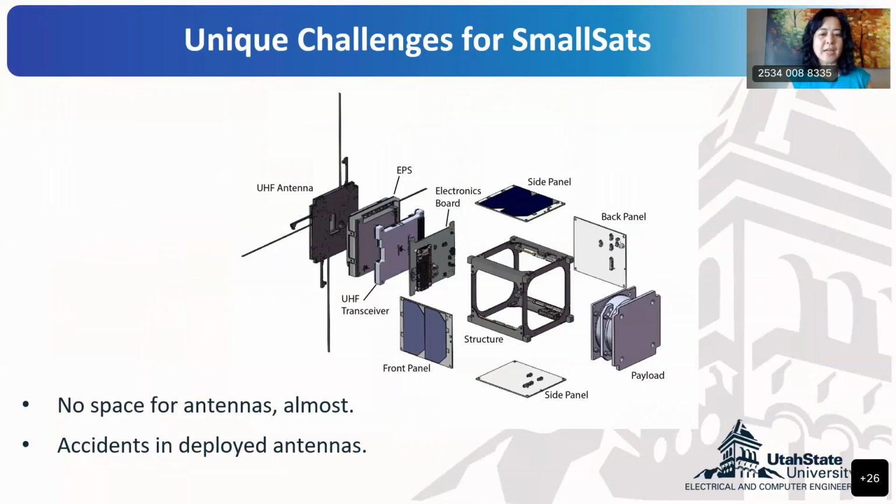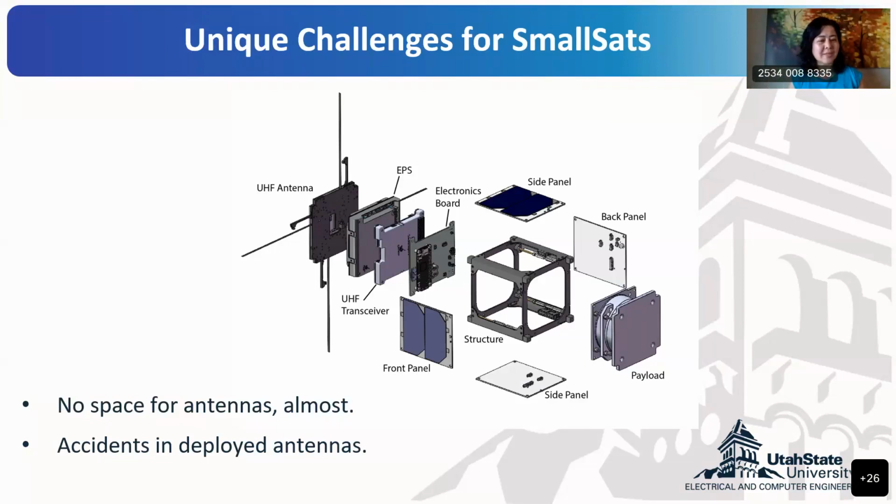So, unique challenges. Again, because they are so small, there is no place for antennas. Most often, the small CubeSats use deployed antennas, the wires that you see coming out. The deployment mechanism is such that often we fold the antenna up and tie it with a fishing wire, a nylon string. The nylon string goes out on top of a resistor. When the satellite is pushed to space, you turn everything on, so a current goes through the resistor, and then it gets heated up,